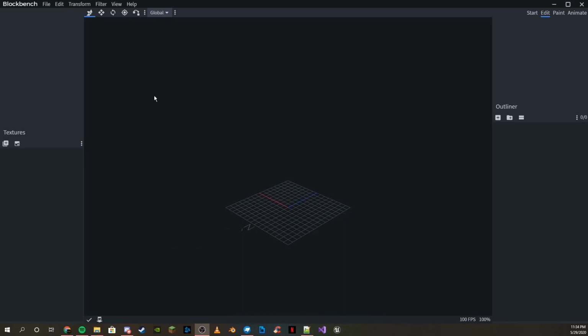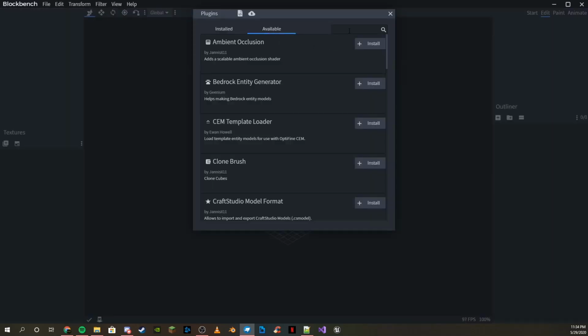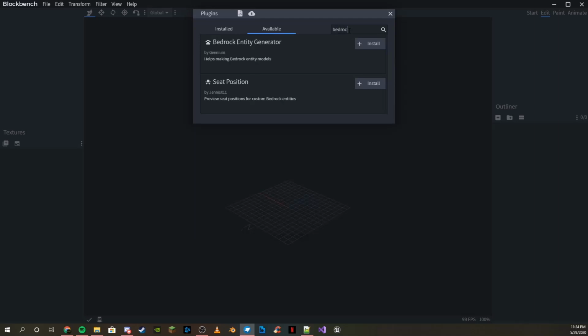The first thing I do is make sure my plugins are all in. Of course, I removed them so I can show you where you can find them. So you're going to go to filter, and then to available. The plugins that I use are the Bedrock Entity Generator,